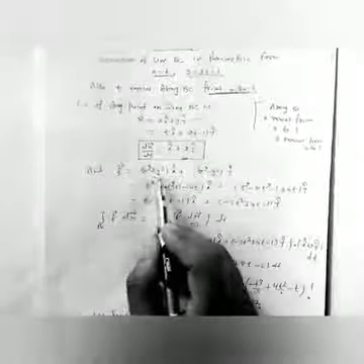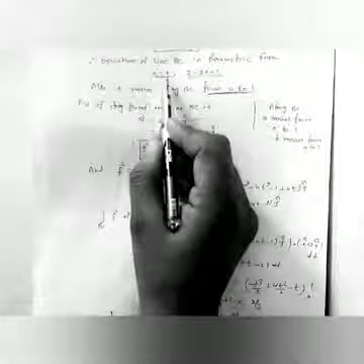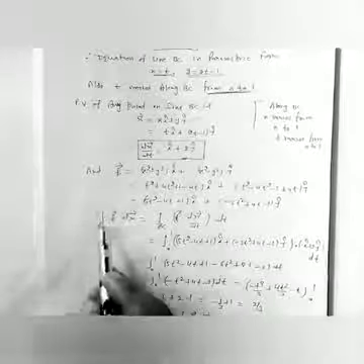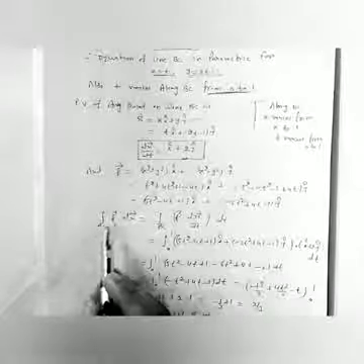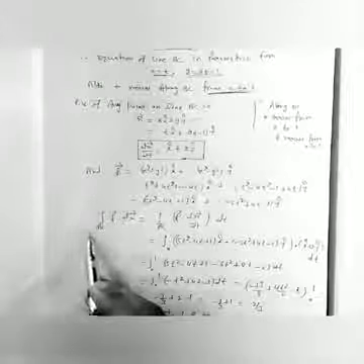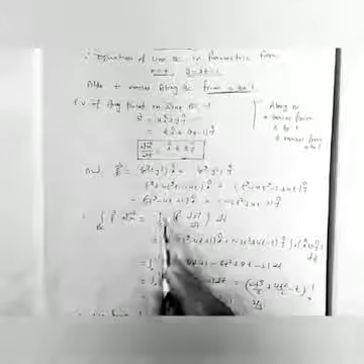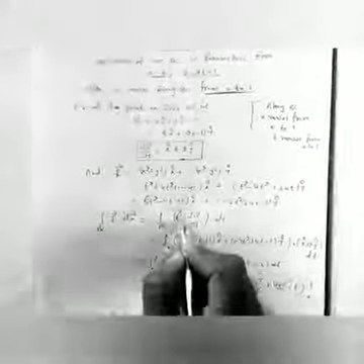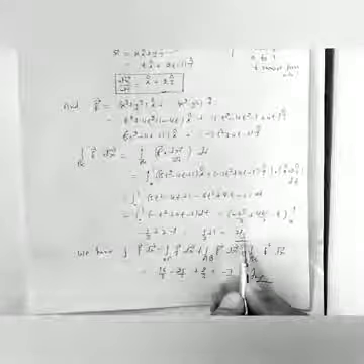Also, we know that f vector is given here, and putting the values of x and y in terms of t, replacing x by t and y by 2t minus 1, we get the value of f vector in terms of t. The integral of f dot dr along BC can be written as the integral of f dot dr by dt, putting the value of f vector and the value of dr by dt and doing their dot product along BC, where t varies from 0 to 1. Calculating this, we get the required value, say 2 by 3.